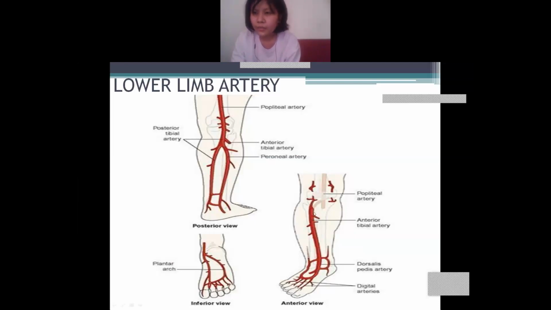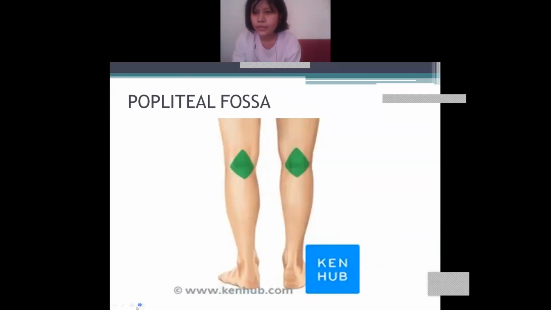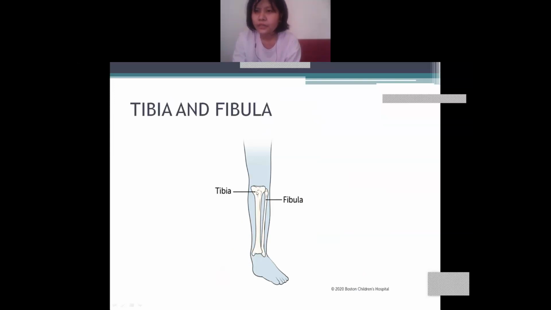You remember tibia, fibula. Wait, let me show you. This one is the tibia, this is the fibula. I hope you remember now. The larger in size, or the greater in size, is the tibia, and the bit smaller bone is known as the fibula. Listen, tibia, fibula, don't get confused. Tibia is the larger one, fibula is the smaller one. Okay.